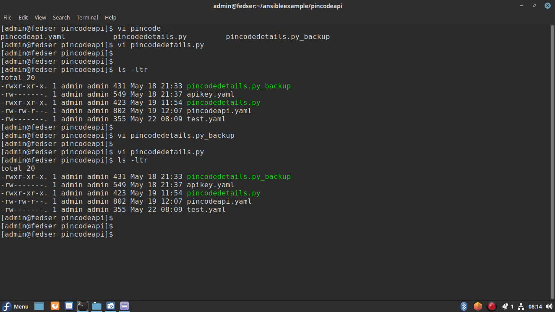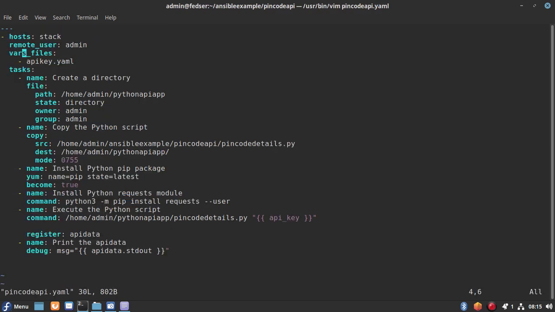Now what I wanted to show you is how I can push this application onto the node, basically the Ansible node which we want to configure, or where we actually want to run this application. So let me open my Ansible playbook.